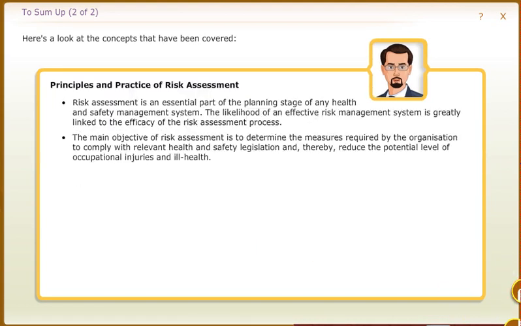Here's a look at the concepts that have been covered. Principles and practice of risk assessment. Risk assessment is an essential part of the planning stage of any health and safety management system. The likelihood of an effective risk management system is greatly linked to the efficacy of the risk assessment process. The main objective of risk assessment is to determine the measures required by the organization to comply with relevant health and safety legislation and, thereby, reduce the potential level of occupational injuries and